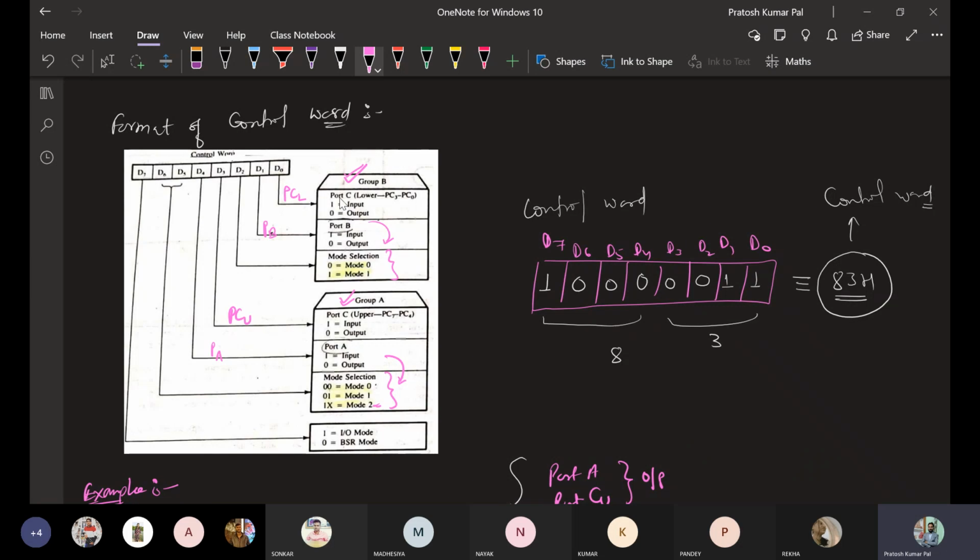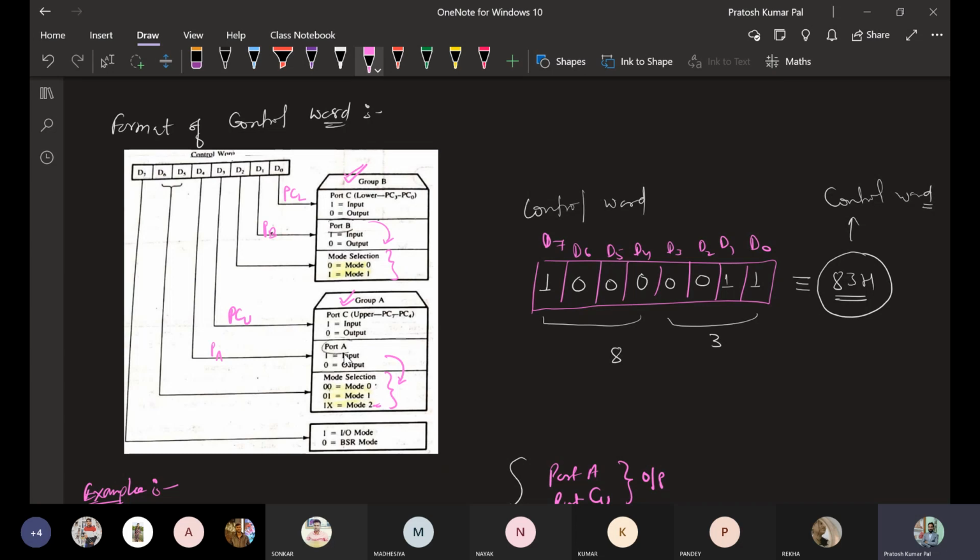Okay, so the lower port C pins will be working as handshake signals for port B, and the upper port C pins will be working as the handshake signals for port A. Out of these, three signals are used as handshake signals for port A and three for port B. So 3 plus 3, that is 6, will be used for handshake, and two pins of port C remain. Those will be working in input or output mode.